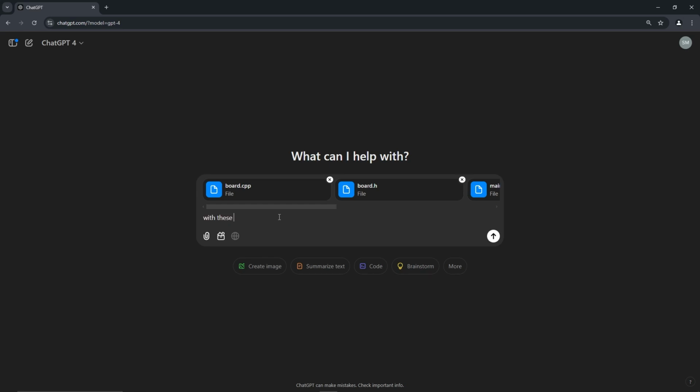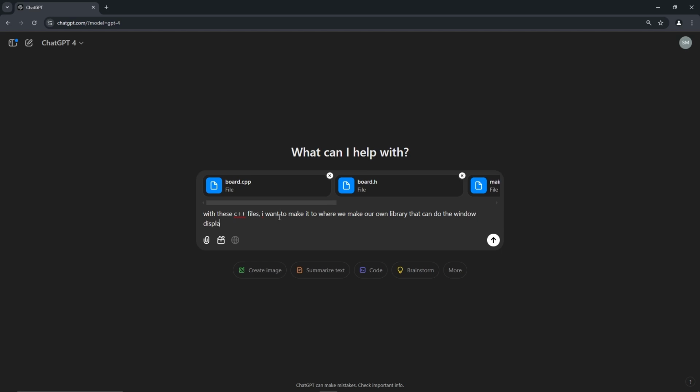With these C++ files, I want to make it to where we make our own library that can do the window display and color choices and whatever,